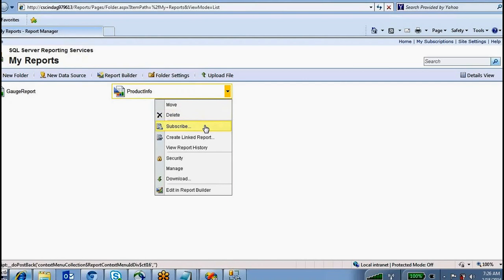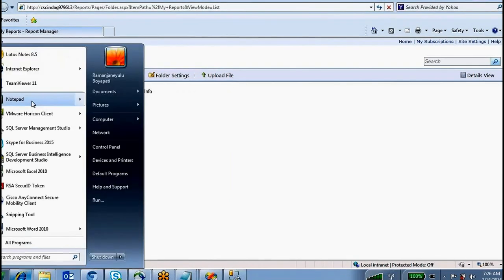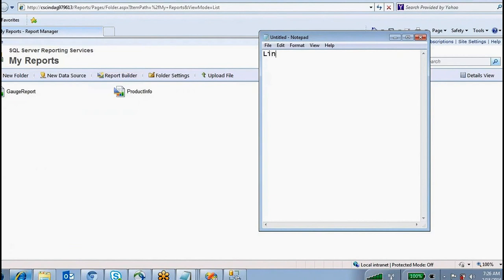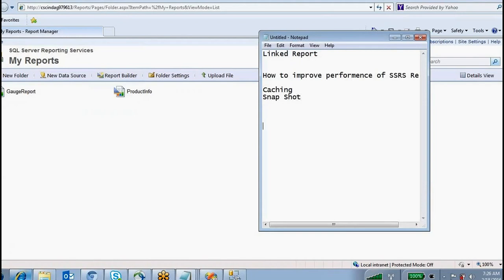The next step we have to discuss is linked reports, how to create a linked report, and how to improve the performance of SSRS reports by using caching and snapshots, and how to deliver reports by using subscriptions.